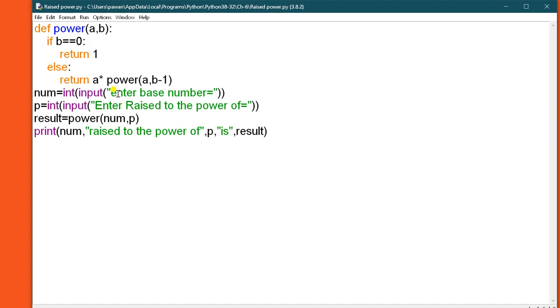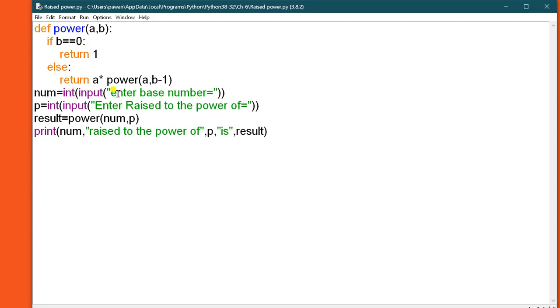The result variable will calculate the result by this function power. Now the num and p values will be passed to the power function. If b is equal to 1, it will return 1, and else it returns a raised to power (a, b minus 1). It will recursively call the function until b reaches the value 0.